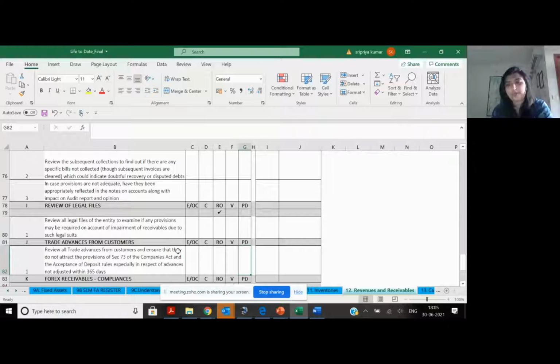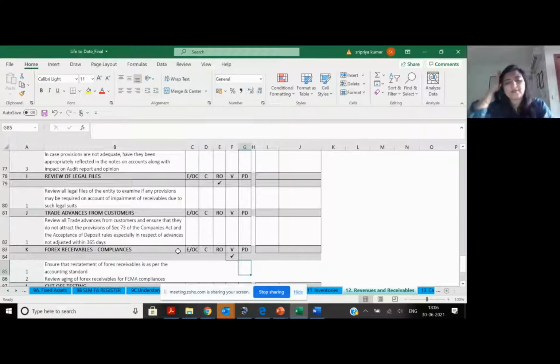Review of legal files. Very, very important. Why? See, revenue impairment because of non-recoverability of a receivable is the most obvious problem anybody would have. And litigation only fuels such non-recoverability. So please go through your legal files. And another very important thing: regardless of materiality, I'll do it when I come to P&L also. Professional fees, legal fees, rates and taxes, penalties, all these accounts you always review. Miscellaneous expenses. Even if the account has nothing, you have to do a GL review.